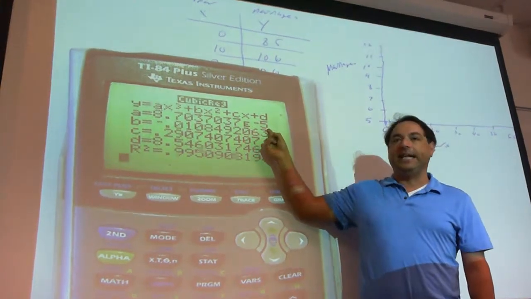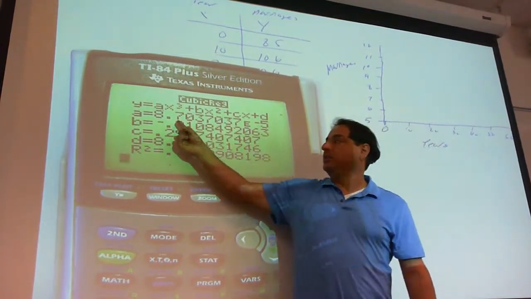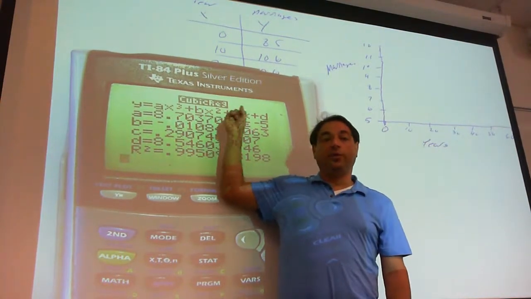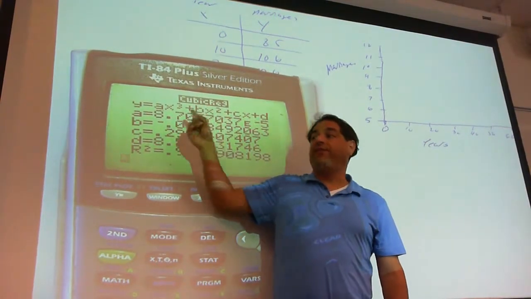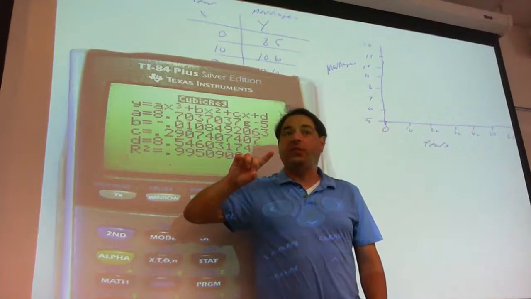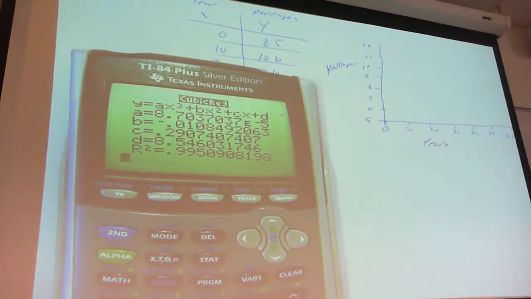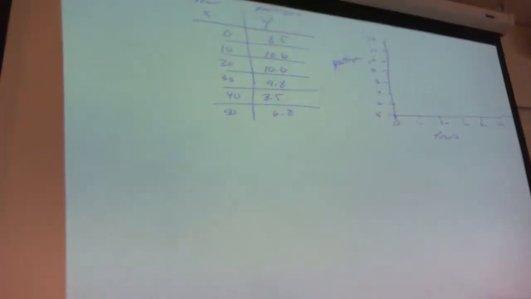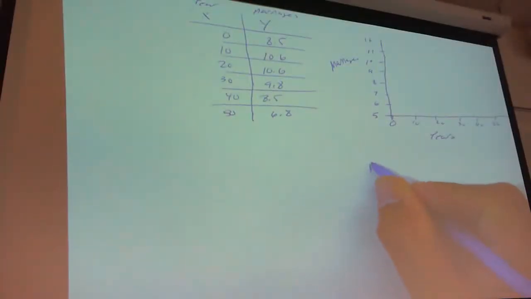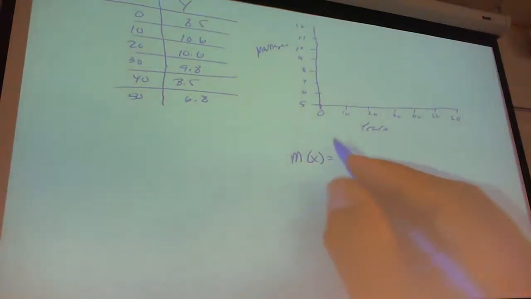What does e to the negative 5 mean? Start at the decimal, move left 5. Does that mean 5 zeros? No, it ends up being how many? 4 zeros. So let's write this down as a function. Let's call it m for marriage of x. And I would write it down as